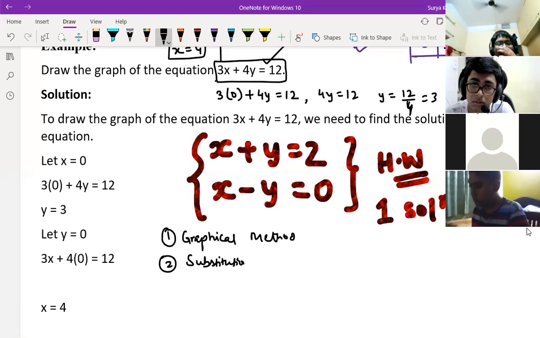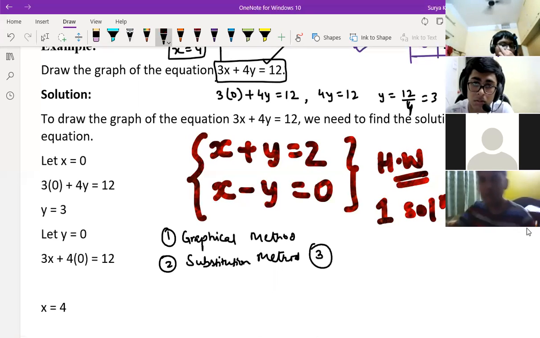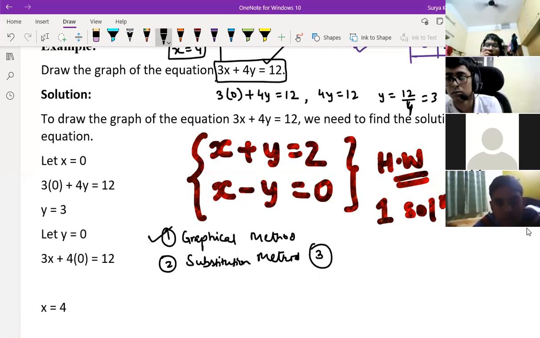Sir, after solving, the values which we get for x and y, do we need to represent them in graph form, sir? No, that is only the answer. That's what I'm saying. If they ask in graphical, you should draw in the graph and show it there, after finding the values. See, in the graphical method, if the first line is coming like this and the second line is coming like this, you should show this point, that's it.